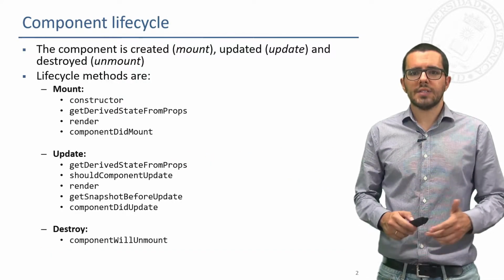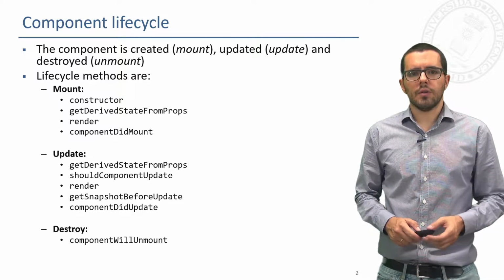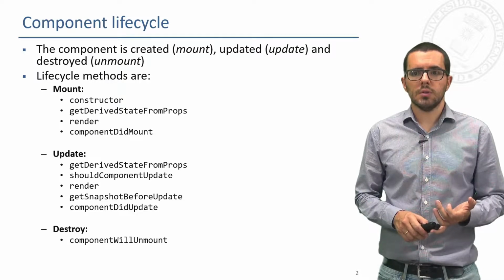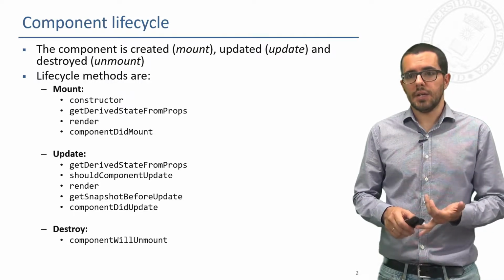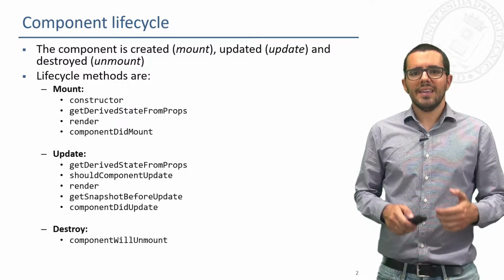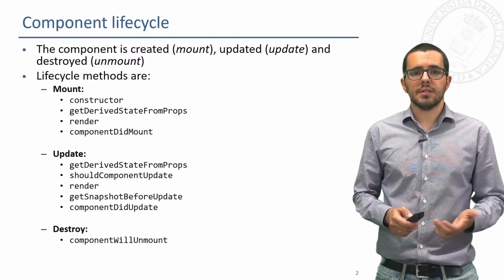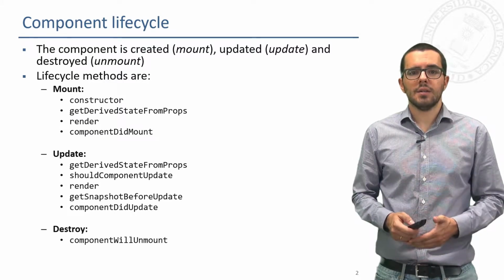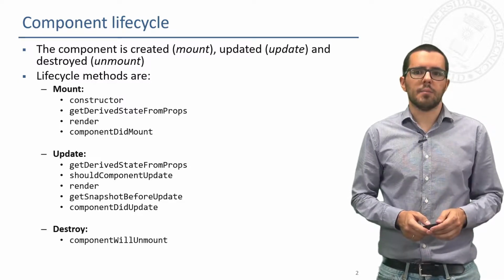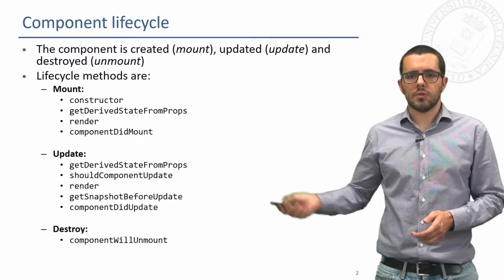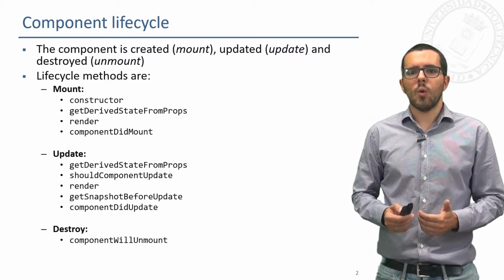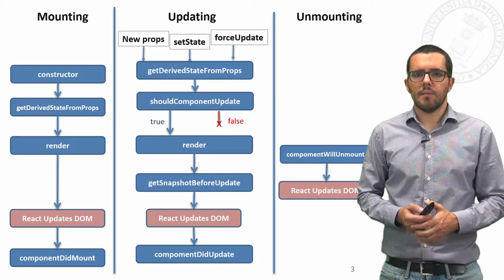The React component lifecycle is composed of three cycles: the creating process, that is called mount, the updating process, that is update, and the destroying process, that is called unmount. Each one of them has some methods that will be automatically called by React at specific moments of this mounting, unmounting, or updating process. These are the methods that we are going to see. But in the first step, we are going to see the process and when React calls them.